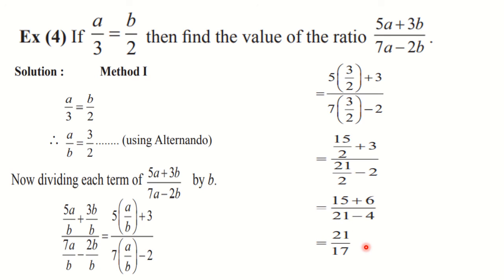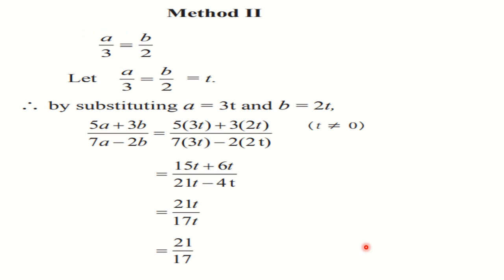This is one method. And the second method is our regular method, where we are going to use this as k or any other variable. Here t is taken. You can take any variable of your choice, but generally we are taking k. K stands for constant. We have studied it from lower standards that k stands for constant. So you can take k, x or m also, any variable will do. So start with what is given to us, and then we can write down a as 3t and b as 2t. The cross multiplication is done. Then simply replace a by 3t and b by 2t and solve it.